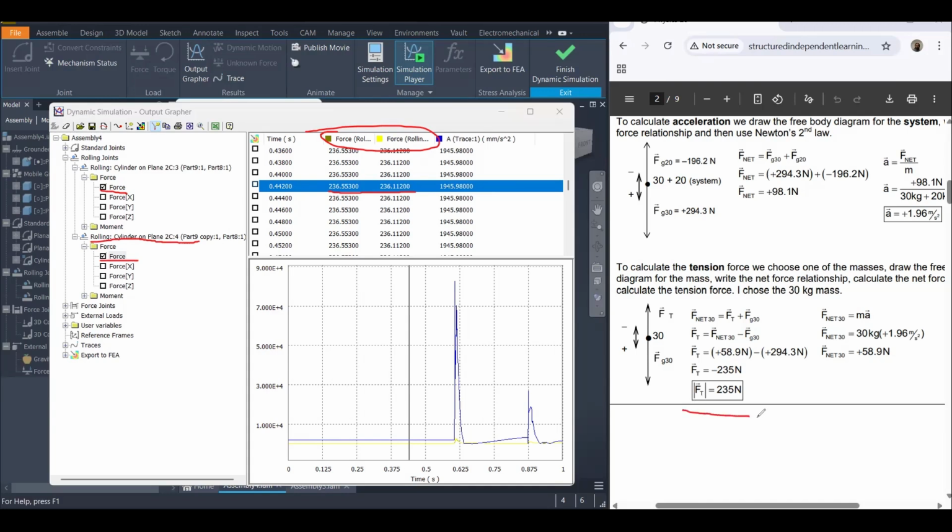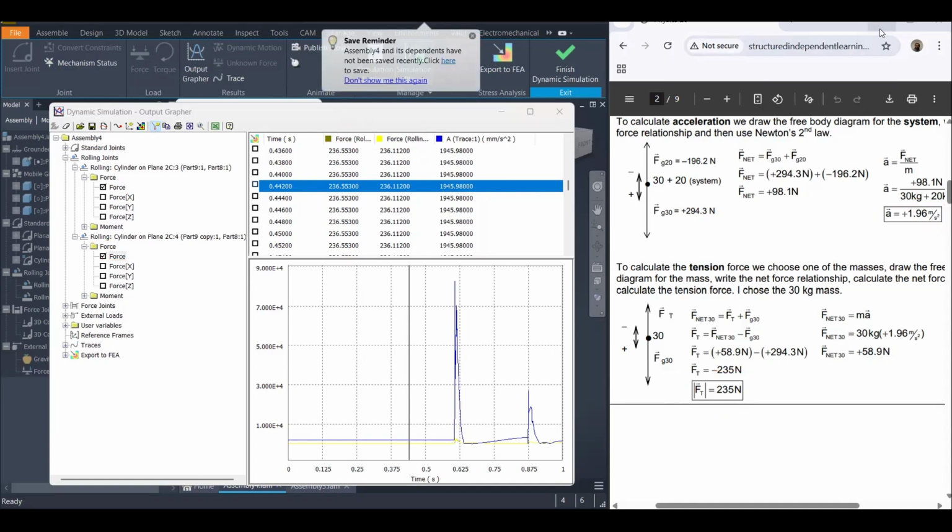So we have the result from the exercise about the tension. The tension is matching 235 newtons. And talking about the acceleration, in here it is in millimeters per second squared, and here it is in meters per second squared. But anyhow, this is totally fine. It is 1.96 here, and 1.95 there. So yeah. Now that we have verified that all of this matches and makes sense,